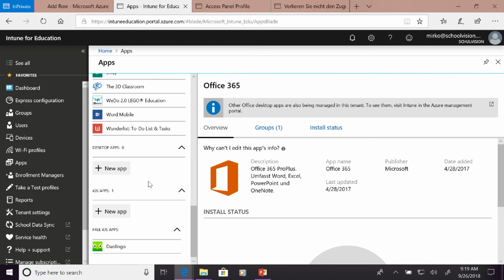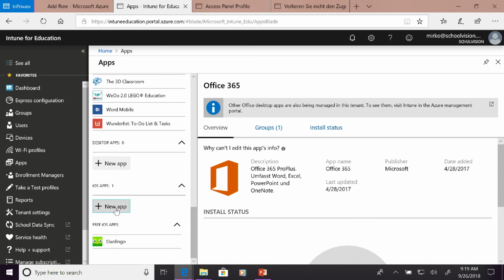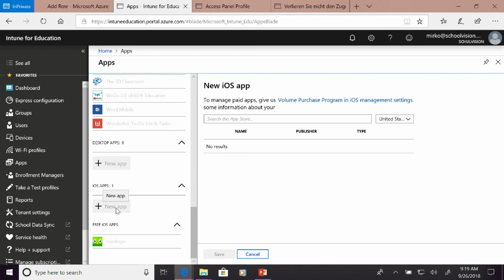Cross my fingers. But here, the new apps, that's the single MDM MSI that you can spread out to all the devices. And here you have the Apple apps, so you can add an Apple app, a new app, and it would connect to the Apple iOS store like iTunes, and then you can select the app. So maybe I have to search something.